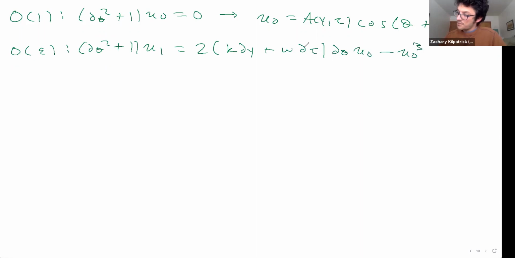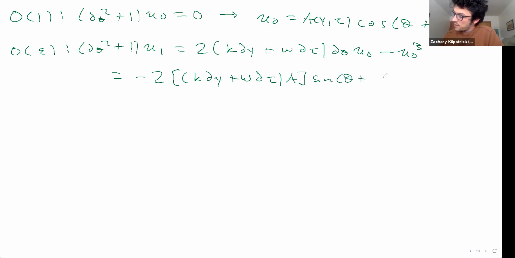I have a cubic term, and now I have these derivative terms that have come from introducing multiple scales. I can write this out now. It's a bit lengthy: 2 times (k ∂y + ω ∂τ) a times sine of (θ + φ) minus a cubed over 4 cosine of (3θ + φ), using some trig identities,